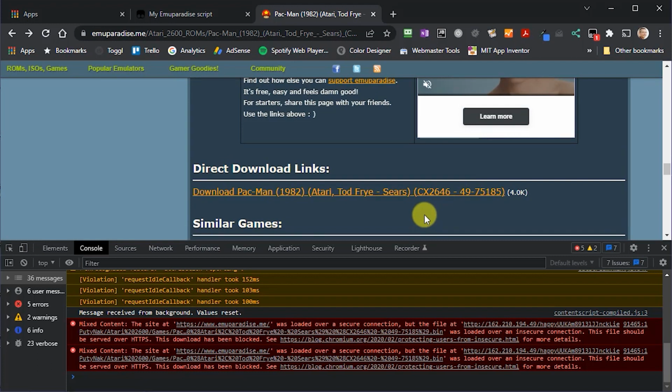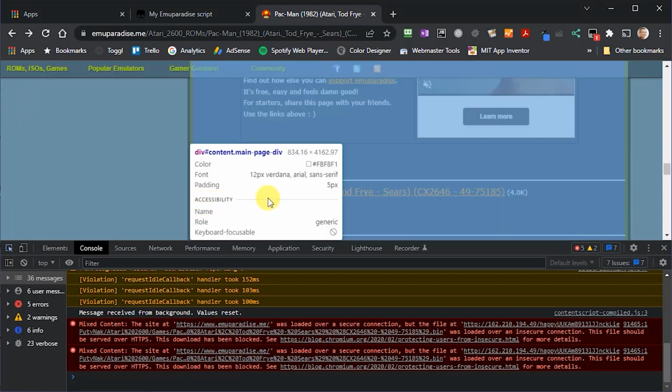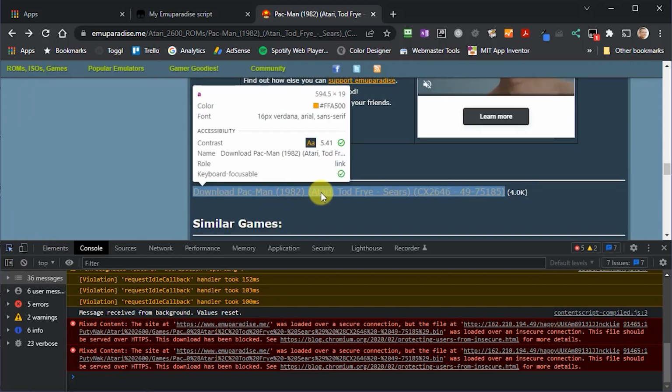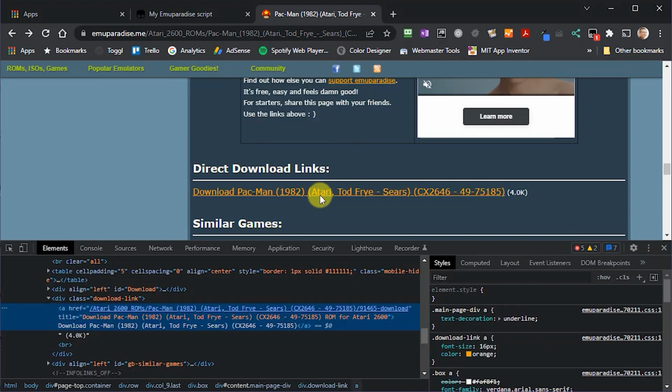So if we go to the game page, in the developer tools, we can actually have a look at the HTML that makes this page up. So we need to select the element inspector. If we then move our mouse over the non-working download link, you'll see it gets highlighted. And then if we click that, that will take us then to the HTML code that's used to create that